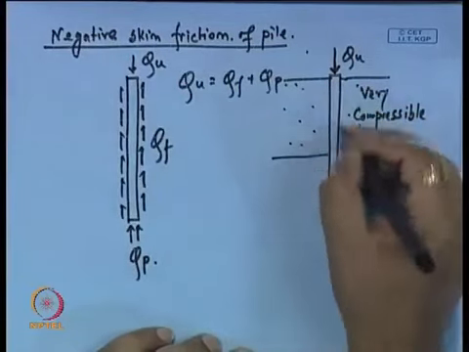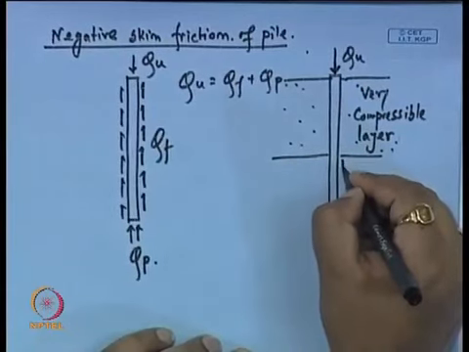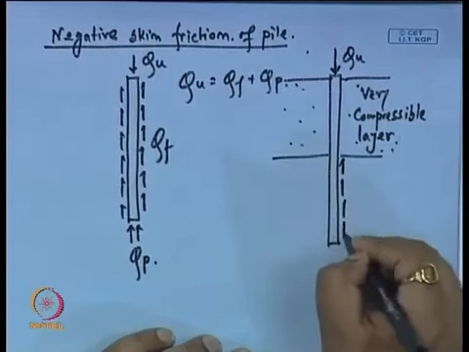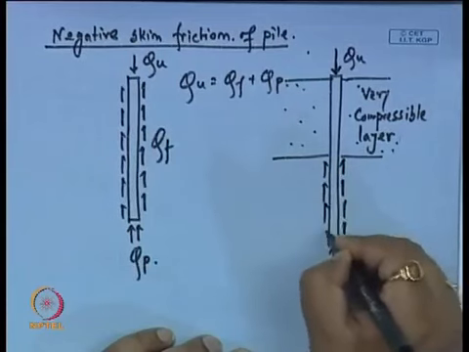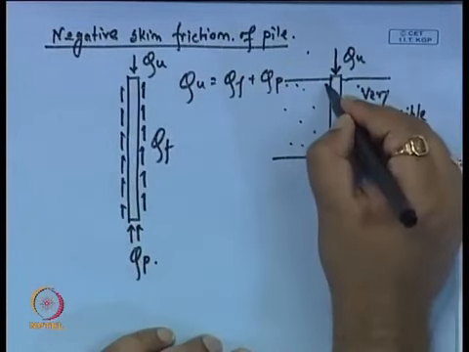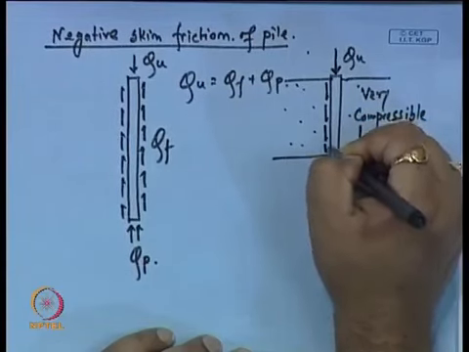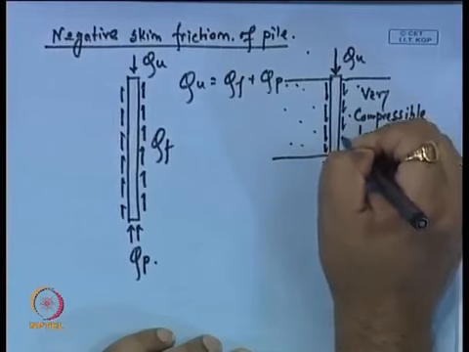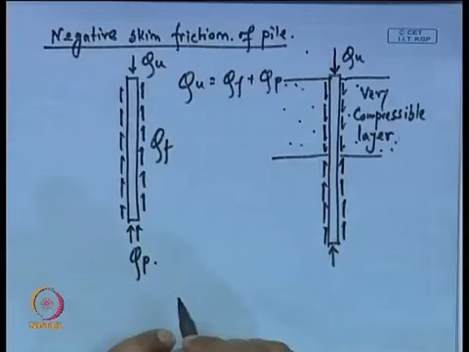Here in this layer is as usual the soil layer, so we will get the resistance that acts in the upward direction, and this is as well the tip resistance. So, here we will get the resistance in the upward direction, but here we will get the resistance in the downward direction, as compared to these two soil layers, the pile is moving in the upward direction.